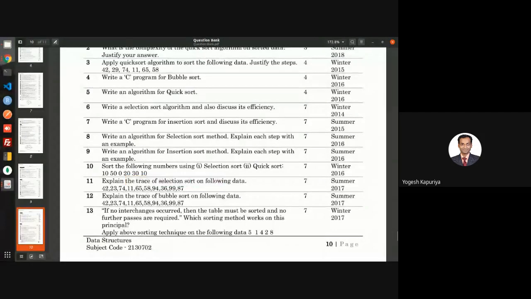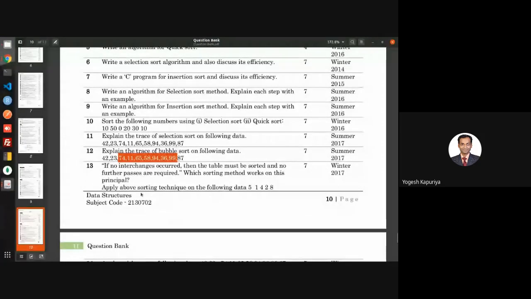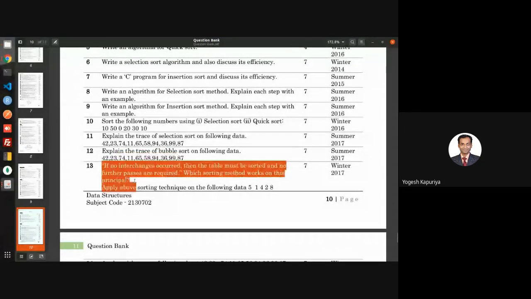Again, explain the trace of selection sort on following data, right? Explain the trace of bubble sort on following data. Okay, this one. If no interchanges occurred, then the table must be sorted and no further passes are required. Which sorting method works on this principle? Any idea?